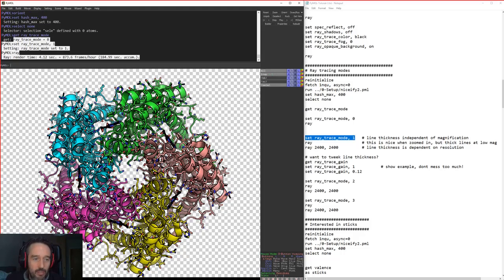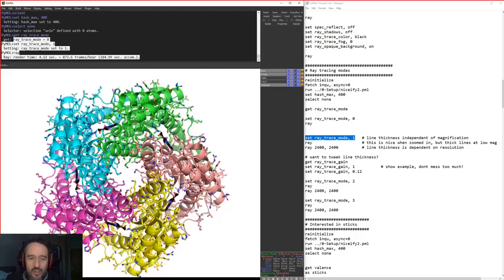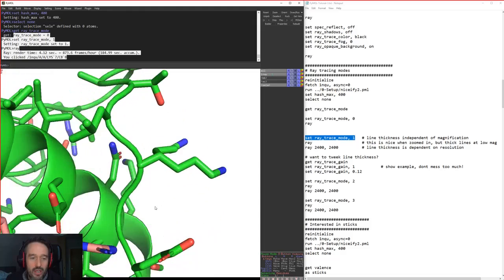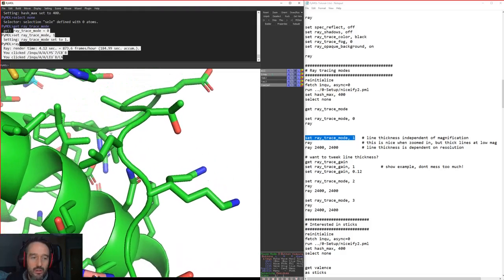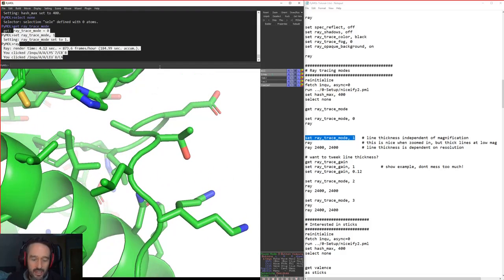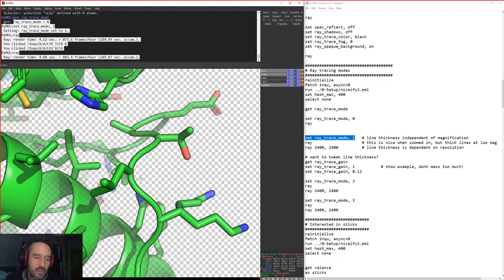Now here we've got thicker black lines. It's a bit more cartoony, I guess, and this can often be quite nice. I think if you're zoomed into areas, it can add some definition. You can see it's just a little bit more cartoony.